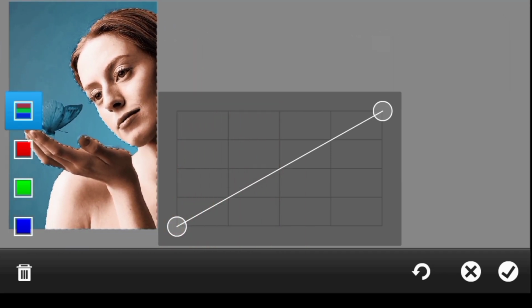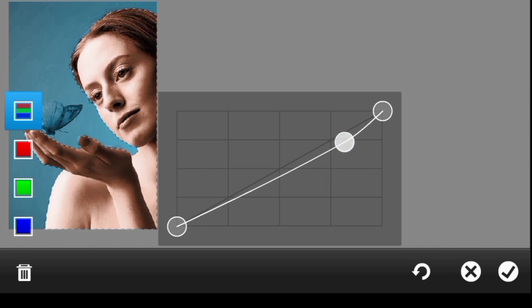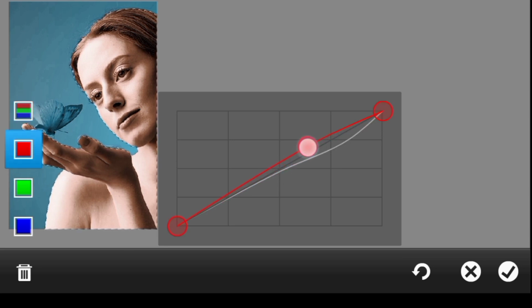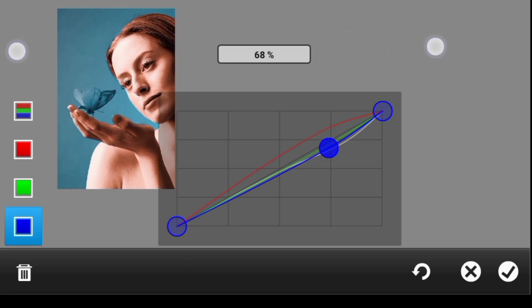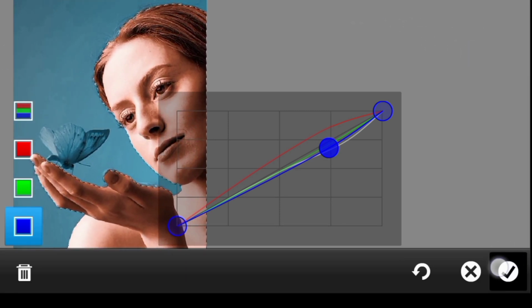So the skin is a bit too bright, so let's take it down a bit. Take the shadow up a bit, and let's go over to the reds. Going to increase the reds like so, and for the green, let's try and decrease it to see. Okay, while for the blue, let's reduce it a bit as well. Yeah, I think this one is a bit cool. Once you are done, you click on this,